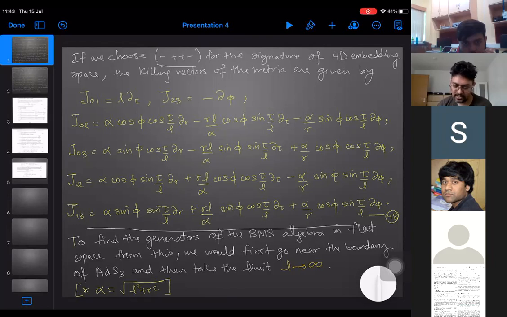So we will see, because you cannot directly take L tends to infinity here. You have to first do that, and then it's like a proper limit-taking process. Sometimes if you take a direct limit, everything blows up, and that you don't want. So in order to do that, you have to do some tricks in between so that you get the right answer. But you are not touching the physics and everything. You are just doing a mathematical procedure.